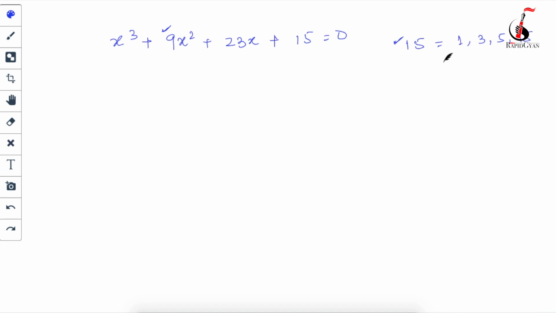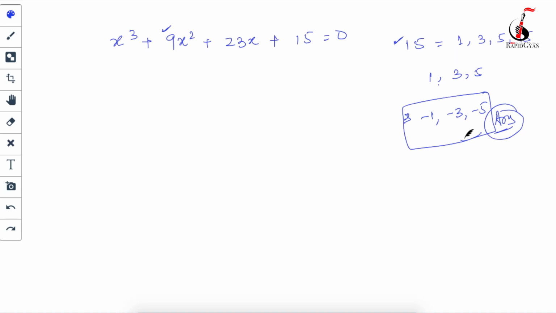So clearly I can see with the first 3 terms 1, 3 and 5, if I am going to add this, 5 plus 3 is 8, 8 plus 1 is 9, and 5 times 3 is 15. That's my answer. So I got 1, 3, 5. So my answer will be -1, -3 and -5. That's my answer. Check it, guys.